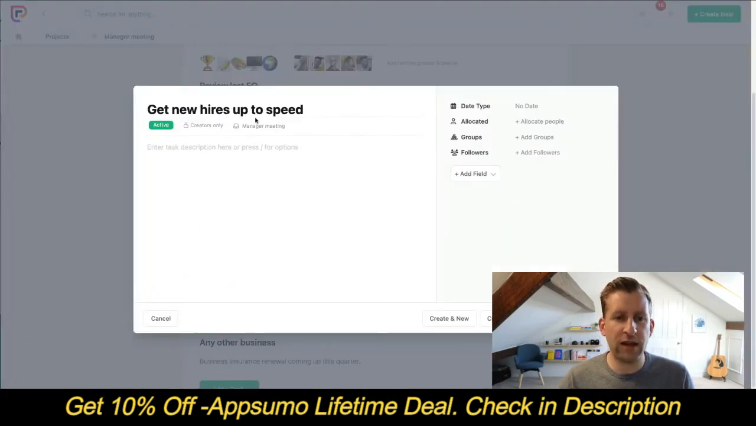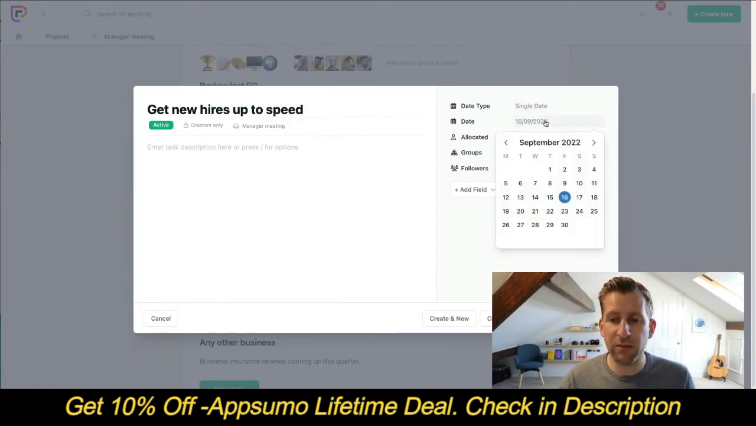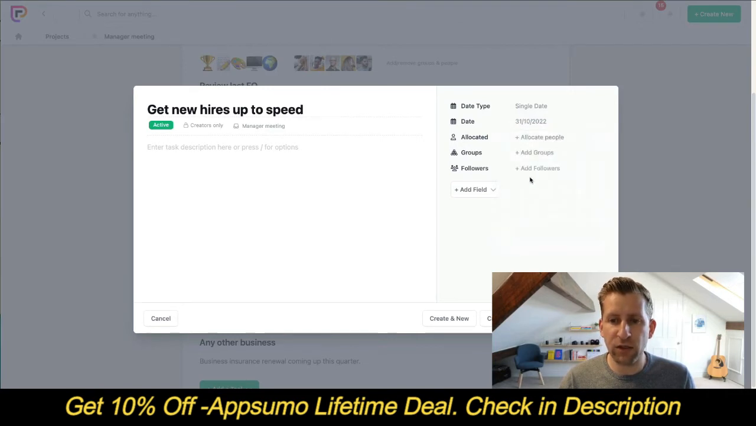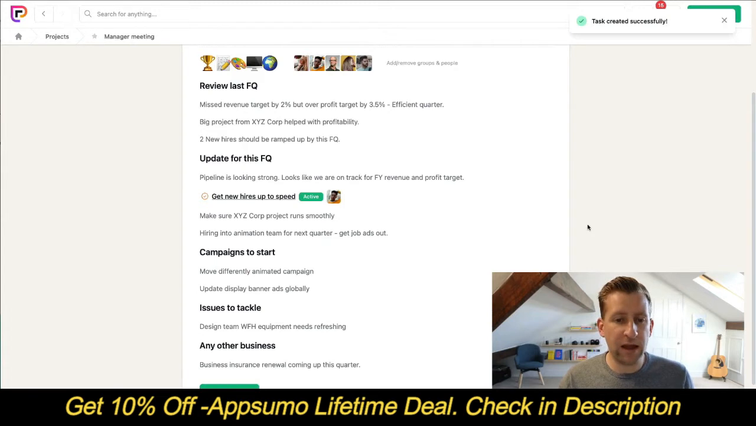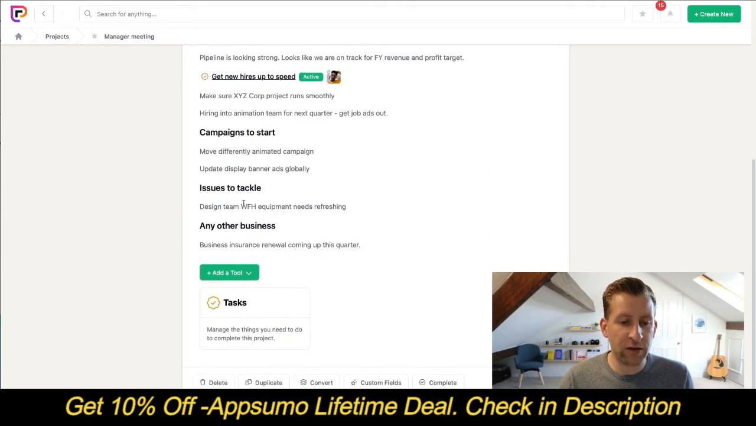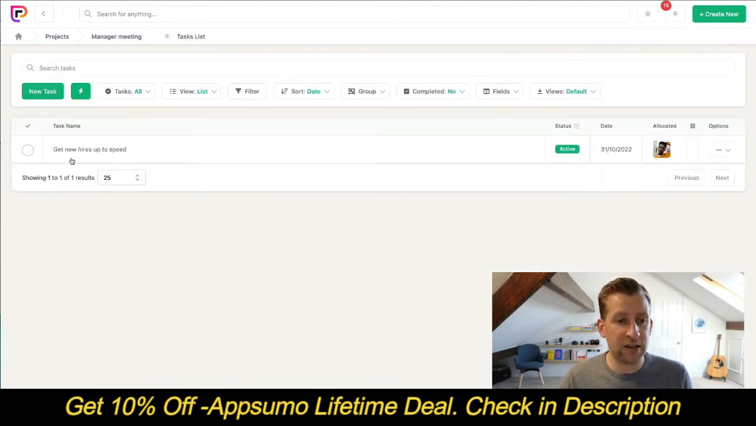So we've now got the get new hires up to speed in here, and ideally we want that to happen by the end of next month. We want to allocate this task to Namer and click create and close, and you'll see now that a new task has been created in the place of that line item that we had in our meeting notes. If we scroll down, you'll also see a new task tool's been added. So this meeting note has been turned into a task, added into the task tool,